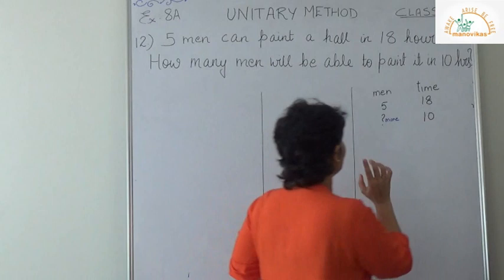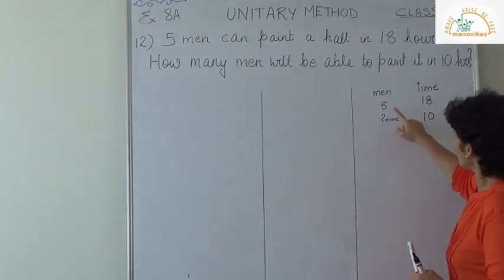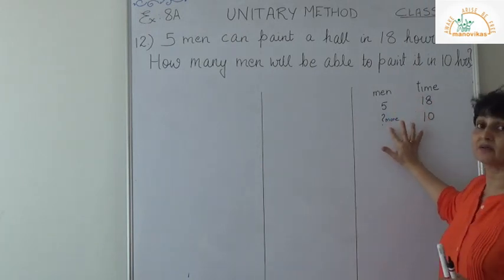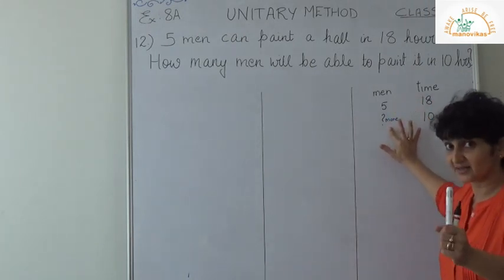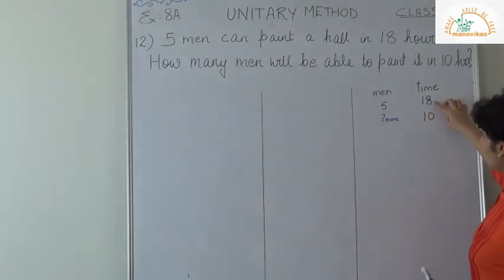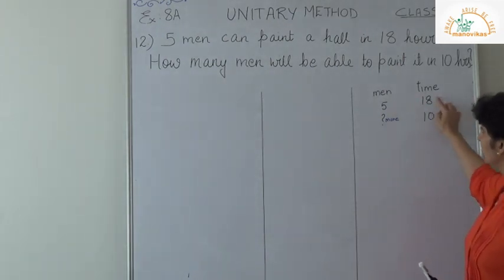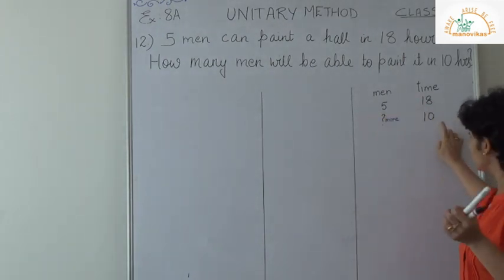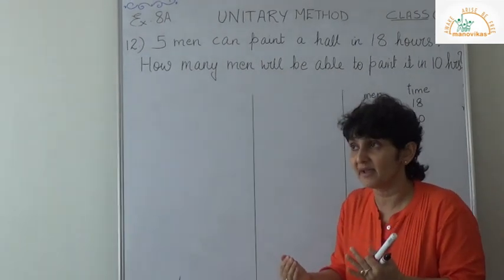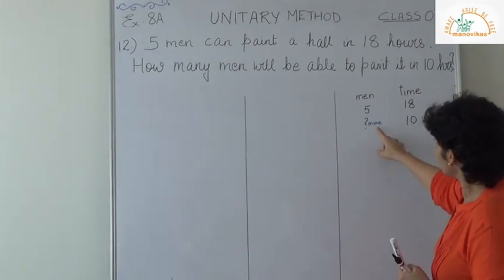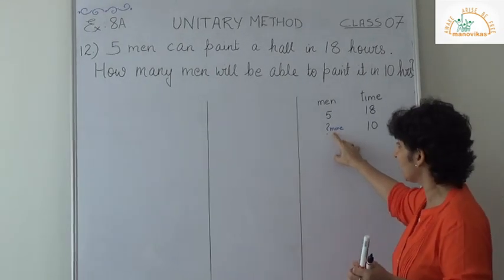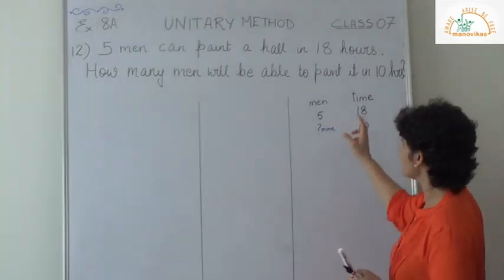All this while, children, did you notice something? When this was more, this decreased, this also automatically decreased. Correct? And I said that is called direct proportion. Now here, 18 hours of work, 5 men. You have the same room, but they have to do it in 10 hours. So I need to speed up. So that means I need more men to do the same job. Now, this is decreased. But what do you notice here? I don't know the answer, but I know I will need more men.